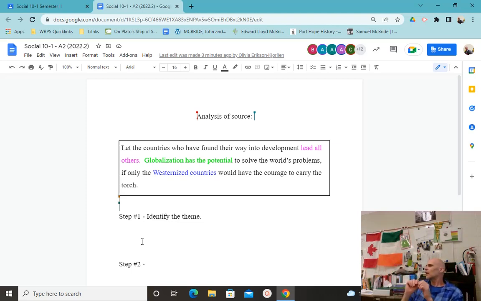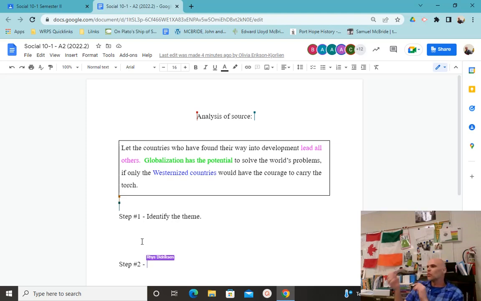Yeah, what is the issue? So here's the theme, but underneath the umbrella that is globalization, that umbrella is huge. It's talking about an issue. It's talking about a problem or challenge or something. Something a little more specific than just globalization. So what is the issue? What is the problem presented?